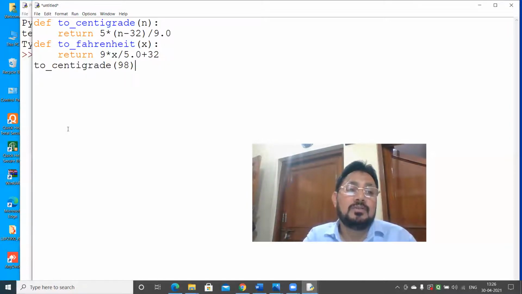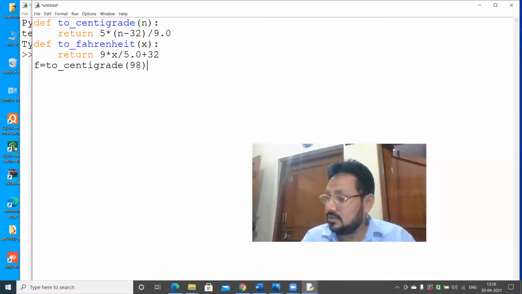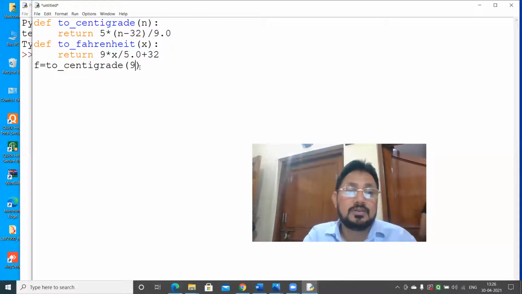Fahrenheit value. And then I will take the value as F equals to, this is the Fahrenheit I have given. So take the Fahrenheit as 112.